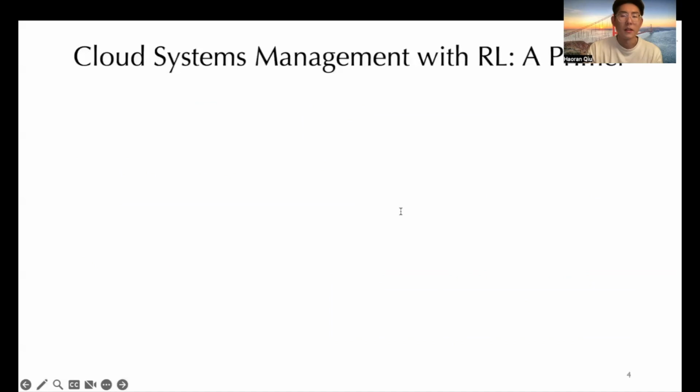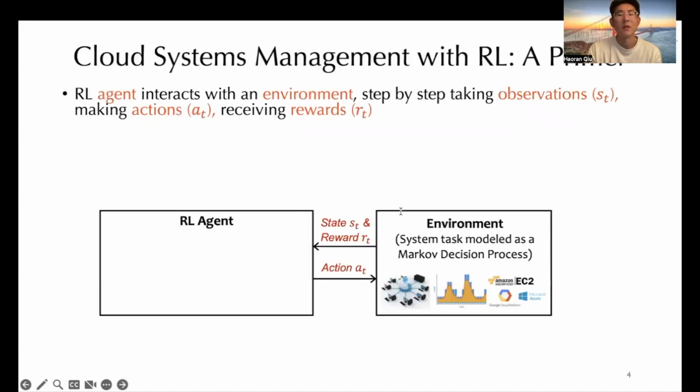As a primer, in RL, the system task is modeled as a Markov decision process. An artificial agent is created to interact with the environment in a step-by-step fashion. At each time step t, it is going to take observation or state s_t and make an action a_t, and then receive the reward r_t. The reward indicates the performance of the agent, or how good the learned policy is given the current context or